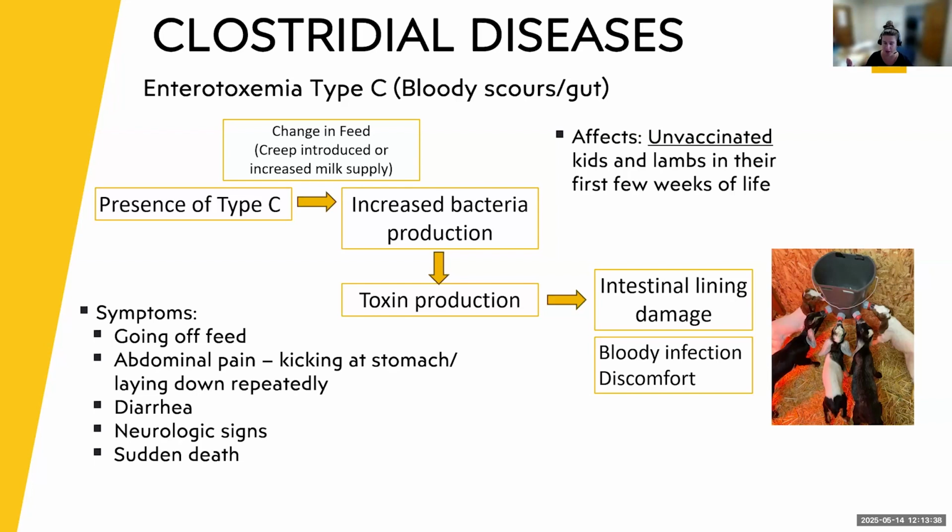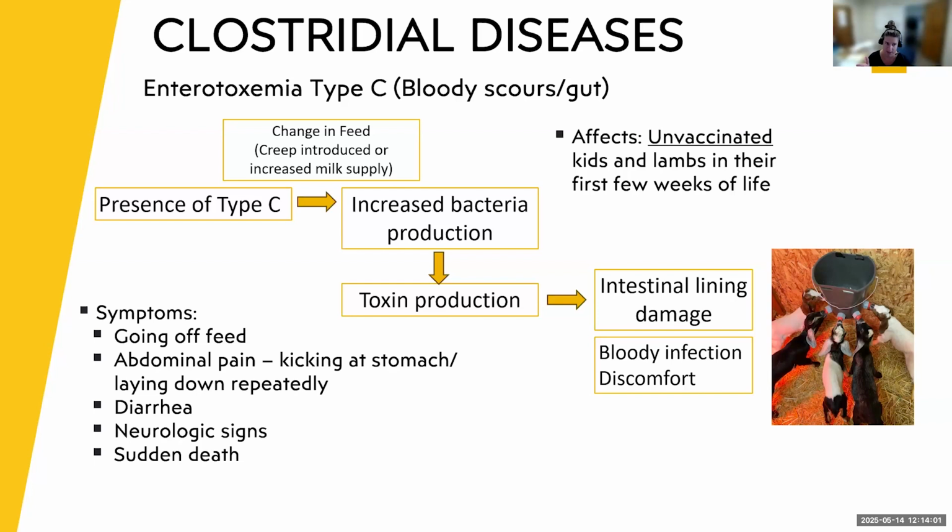They're just eating because they're hungry, because they're bottle fed or bucket fed. And so they tend to overeat, which causes this increase in bacteria production and increase of toxins. So it's usually these really young, like 1 to 2, maybe even 3-week-old fed lambs and kids that are getting this type of clostridial disease,